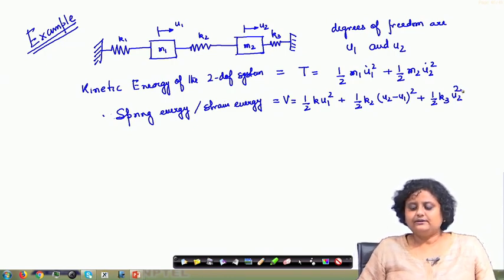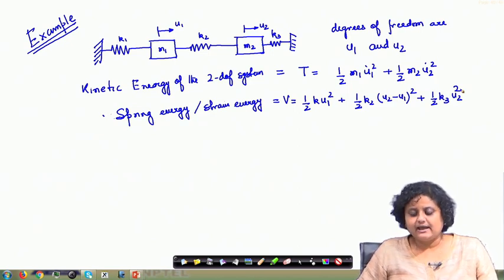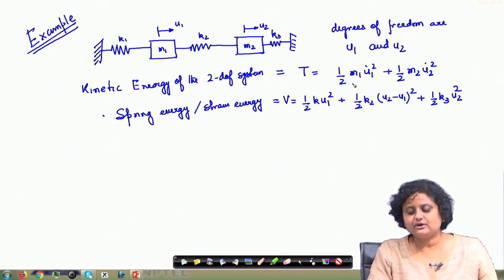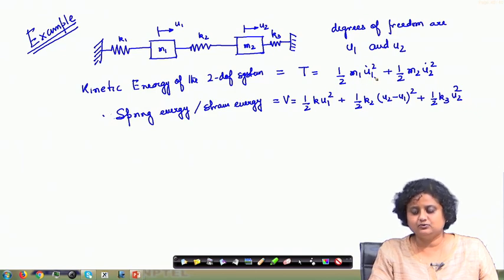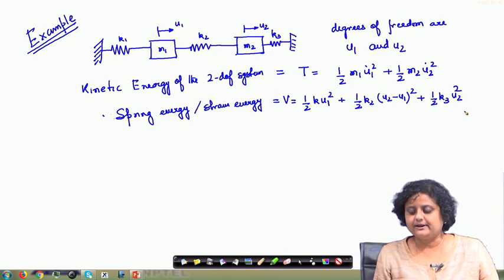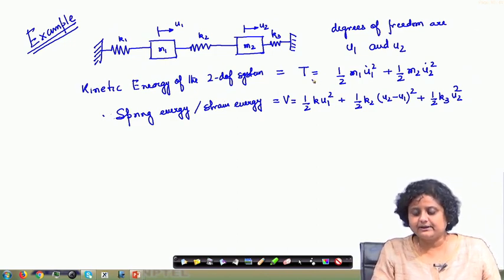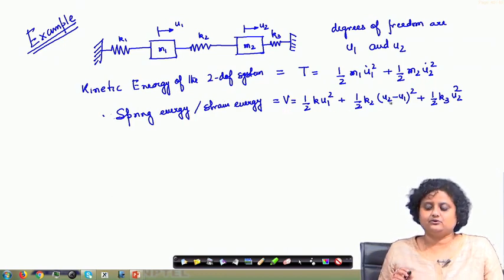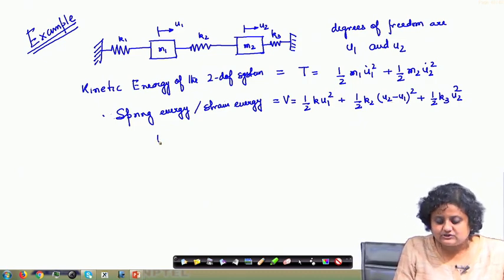Okay. So, these are the expressions for the kinetic energy and the strain energy or spring energy of the system. These are very straightforward, right. The kinetic energy is just half of mass into velocity square, and the spring energy is just the conventional expression for the spring energy. So, we can see that we have obtained the kinetic energy in terms of the velocities, and we have obtained the spring energy in terms of the displacement or the degrees of freedom. Now, Lagrangian